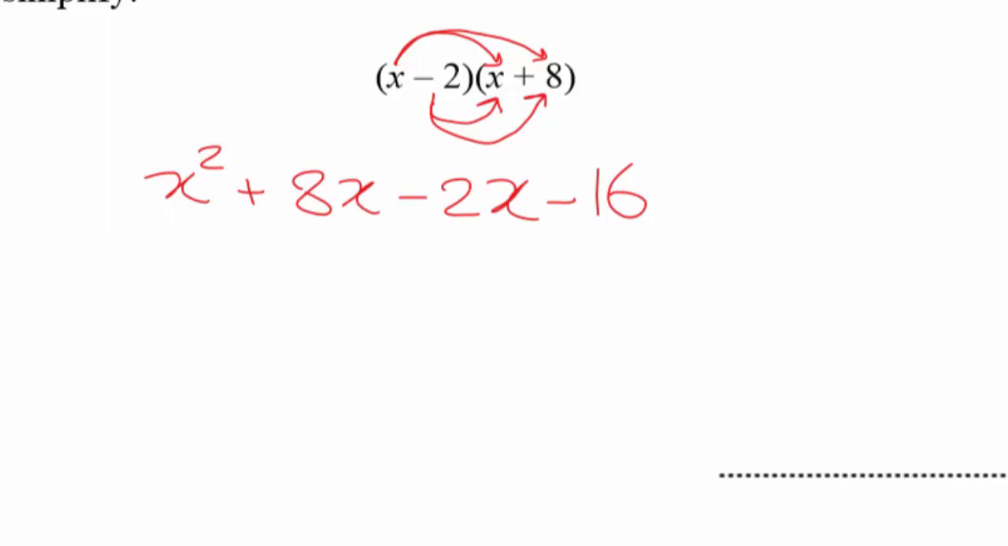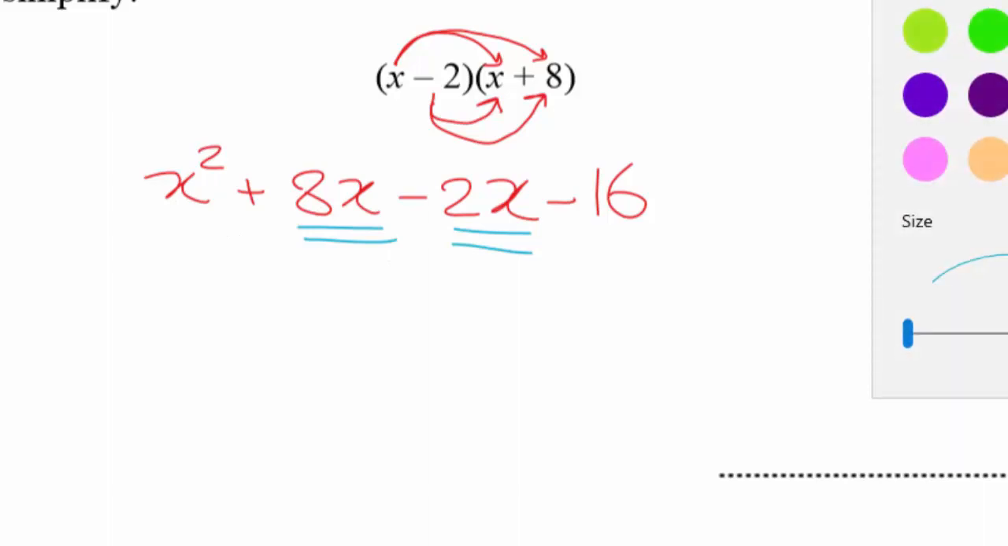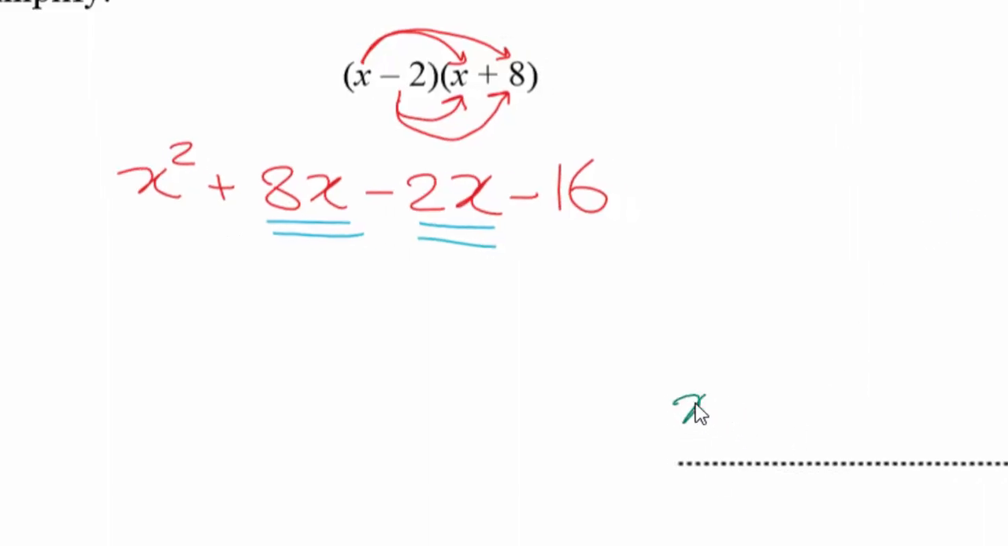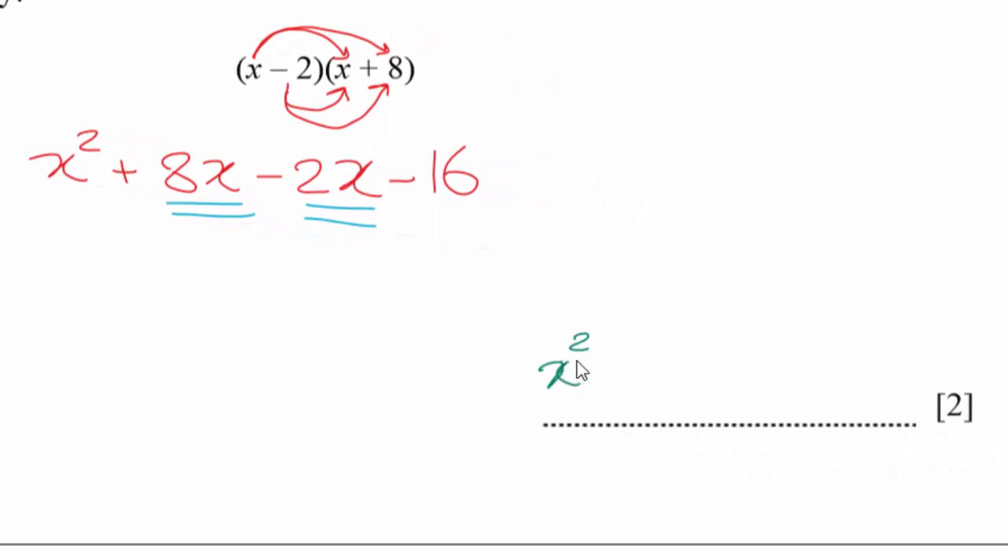Now, how many like terms are there? This is 8x, this is -2x. This is x squared, there is no other x squared, so x squared is in the answer. 8x with -2x will be 6x, and this is the constant part, -16, this is the number. There is no other number to be added or subtracted with the 16. Done. x squared plus 6x